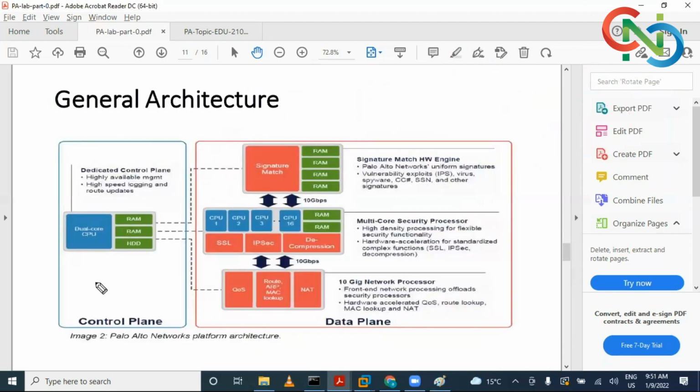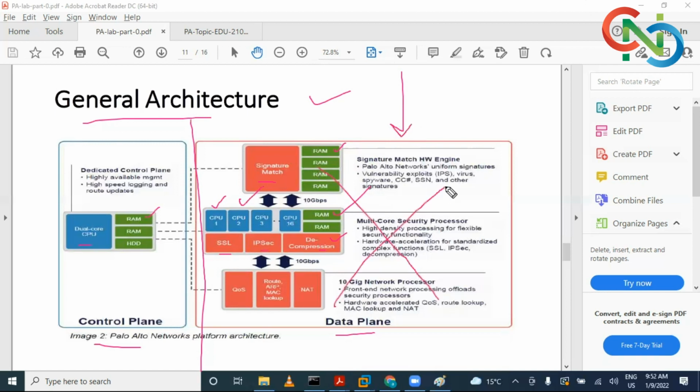So here you can see, this is the general architecture of Palo Alto. This is the control plane. This is the data plane. Both the planes are separate, right? Control plane has its own CPU and RAM. In the data plane, there are multiple things. Signature match has its own RAM. SSL, IPsec, decryption, they all are service engines, right? They have their different CPUs and RAMs. So if your complete data plane is choked, meaning you cannot pass the traffic through that data interface or data plane,